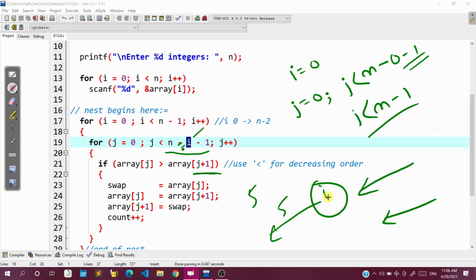So after any general ith iteration, I will get i elements from the right hand side automatically sorted. So why run over them? That will be a redundant task. To prevent this redundancy, we are running j not just less than n minus 1, but less than n minus i minus 1. This is an optimization.